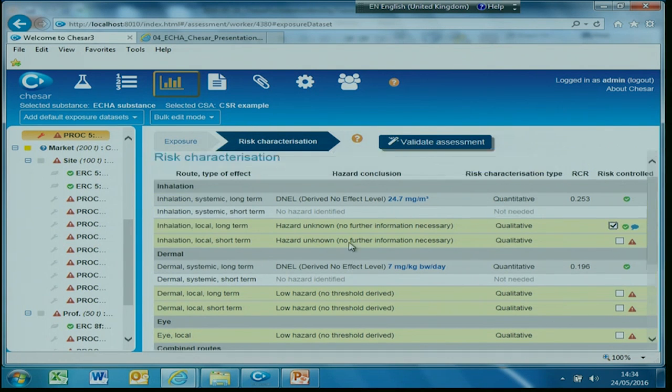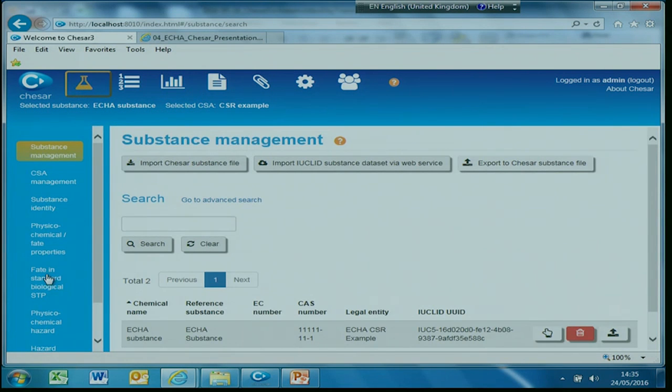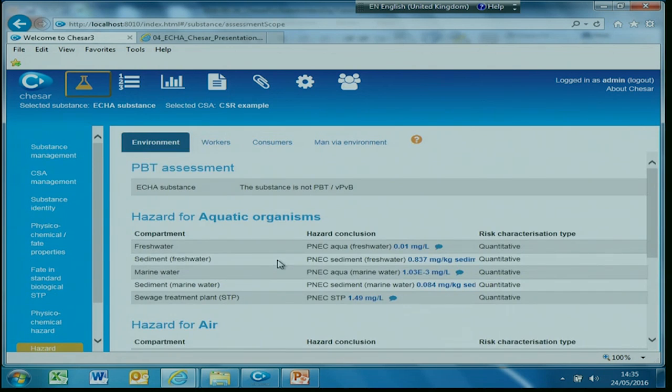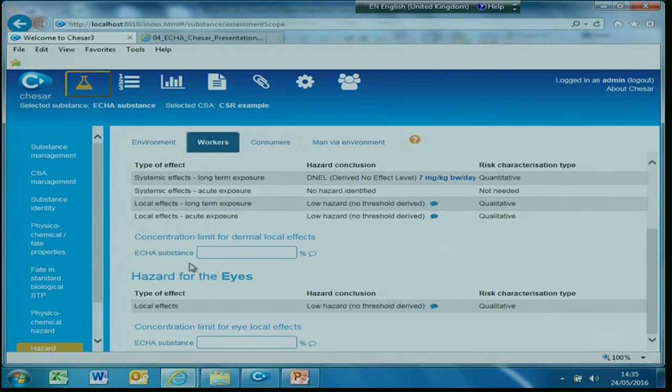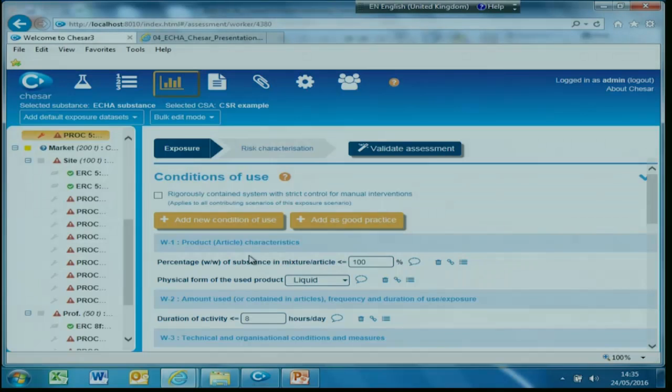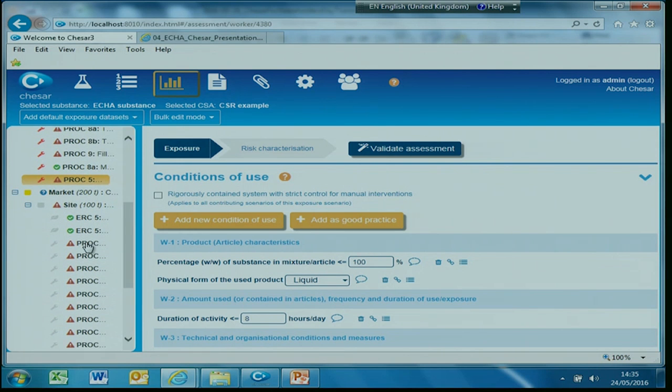We have implemented in Chesar 3 a number of ways to facilitate this work. For example, for the local effect, if you go to the hazard conclusion in box 1, you have the concentration limit for thermal effect, local effect, and for eye effect, for example. I save this. Then all the contributing scenarios for which the concentration is below this concentration will be considered as safe. So if I take an example,